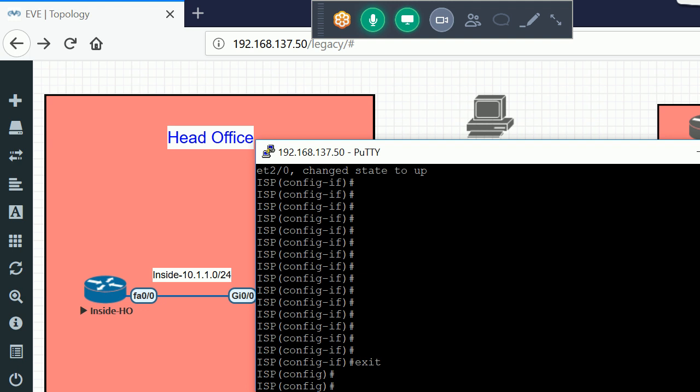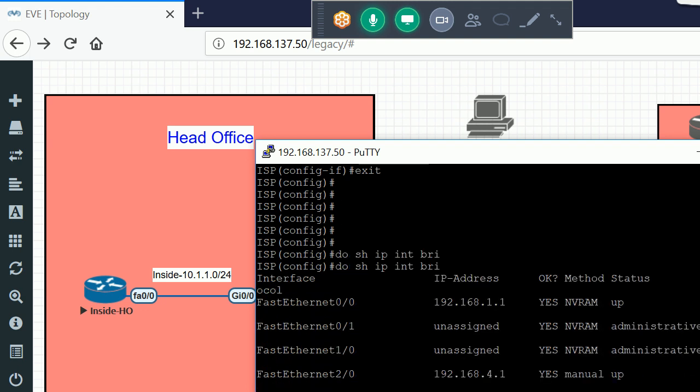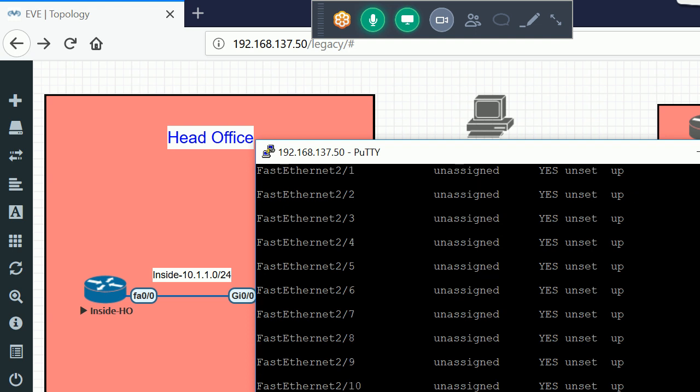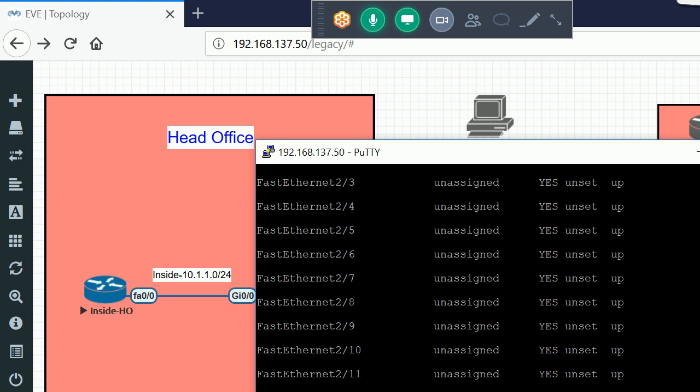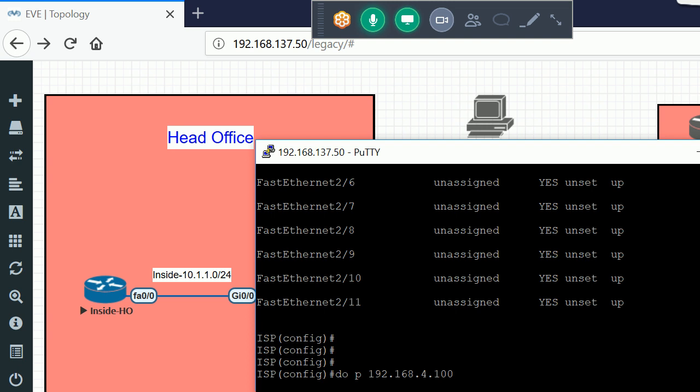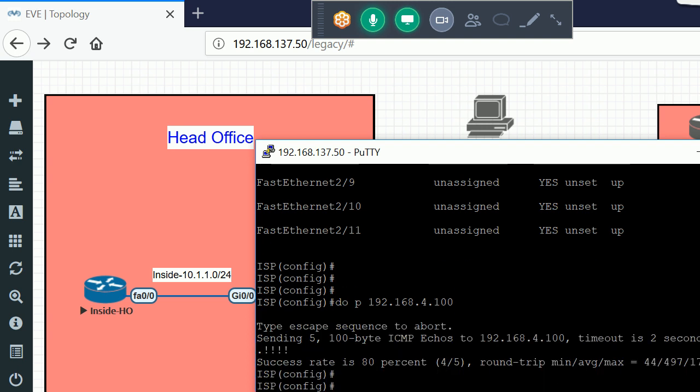So, show IP interface brief: 192.168.4.1. Okay, so I am able to ping my server.